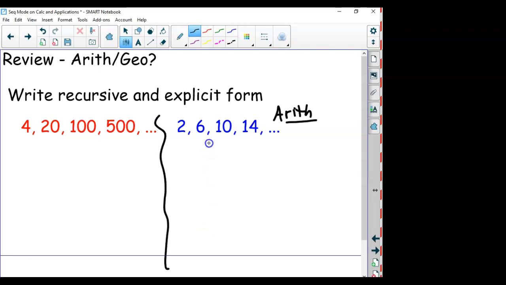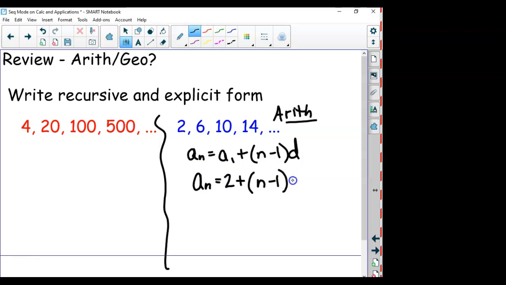Explicit is on your sheet. So explicit for arithmetic looks like, I think they put the D at the back. Does that sound right? Okay. So what would that look like for this equation? You would say a sub n equals 2 plus n minus 1 times,